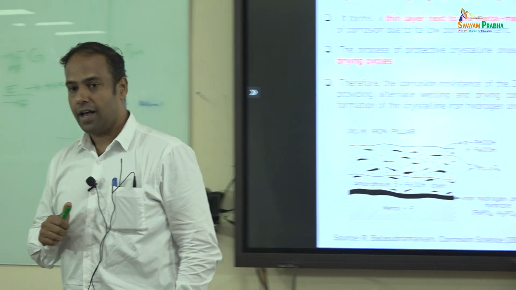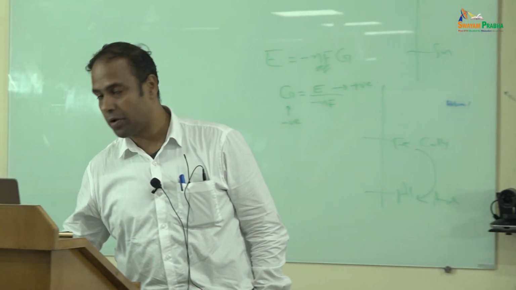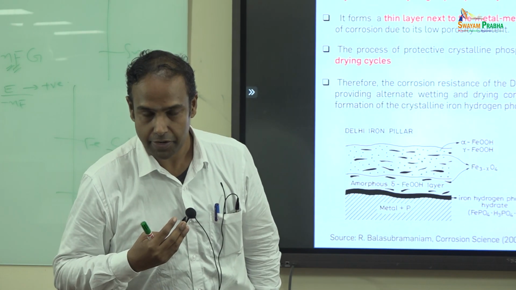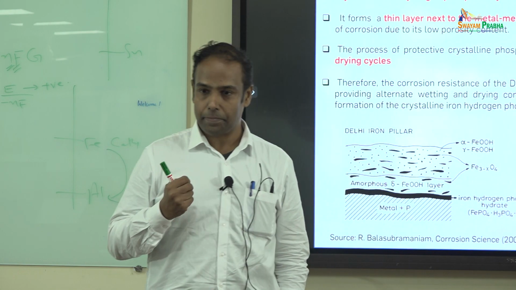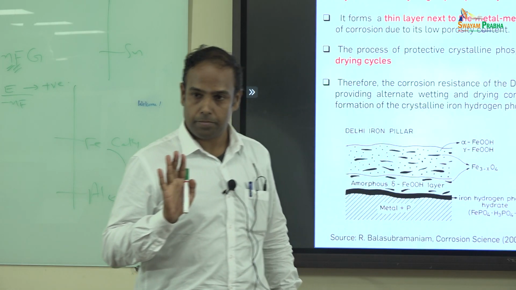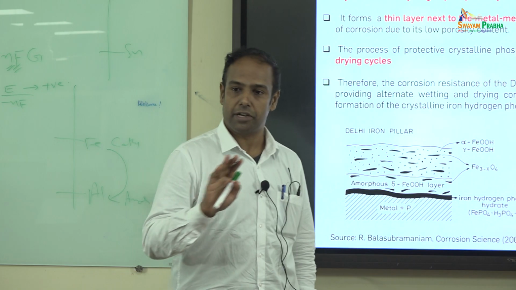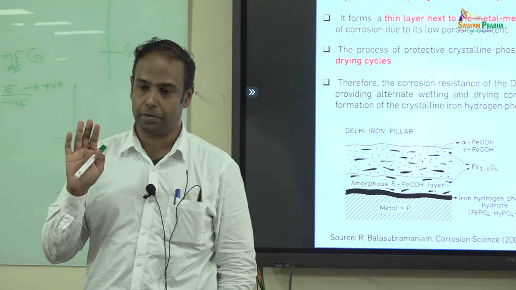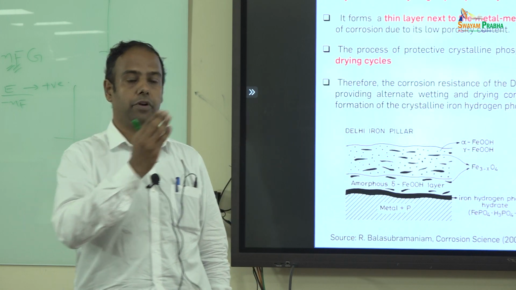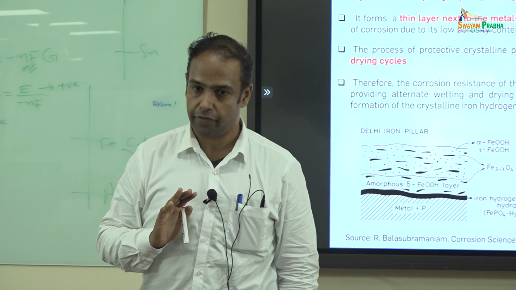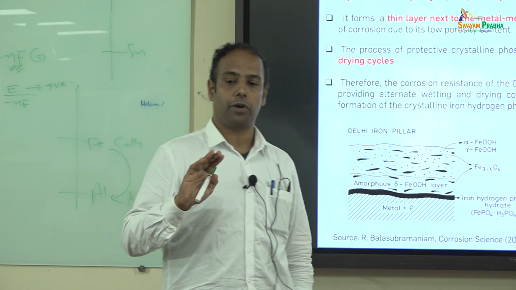Right. I said for iron, the corrosion product is rust. What is the corrosion product on copper? Copper oxide? Okay. Why do I say it is patina? This rust is not protective. In the case of the Delhi iron pillar, it is protective, but in general cases, rust is not as protective. But when I say copper or copper monuments which you see, we always say it is a patina forming on the surface. Is it protective or non-protective?